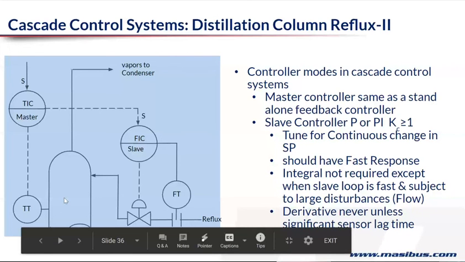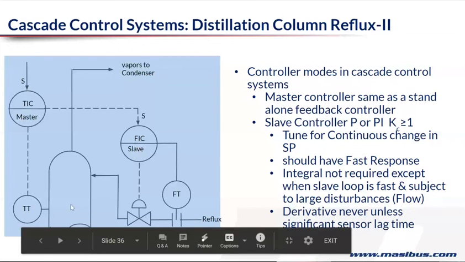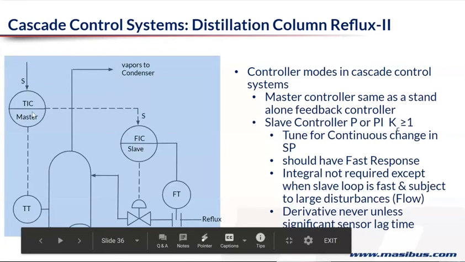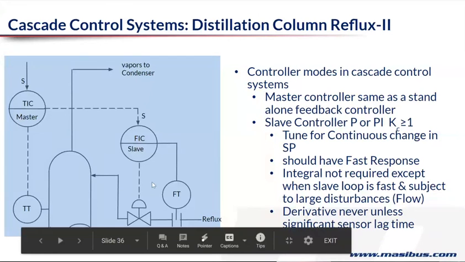So by the time, suppose this flow changes, we also saw in the steam heater that the flow of the media has an impact on the temperature, right? So here the same thing. But by the time the change in flow takes place and it is sensed by this, there is a huge time lag, which is the dead time. And because of that, if you use the master output directly on the valve, you will not get good control because your uncontrollability factor is more than 1. So we use a cascade control.